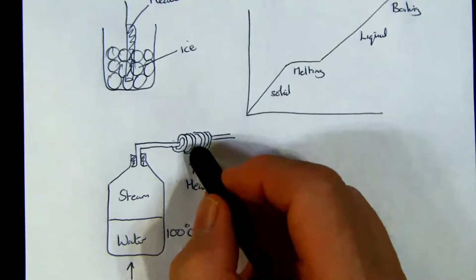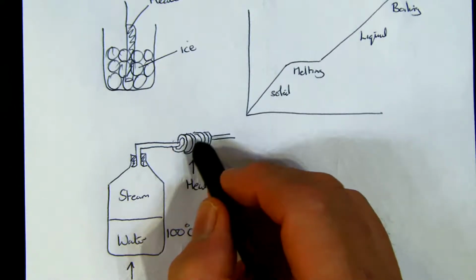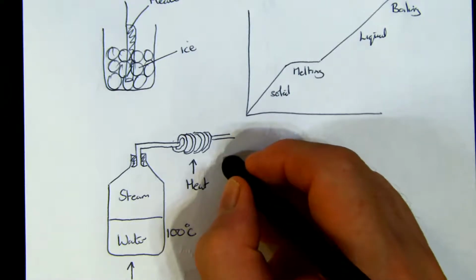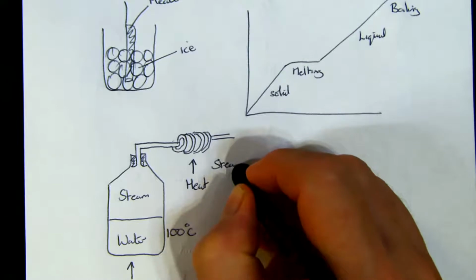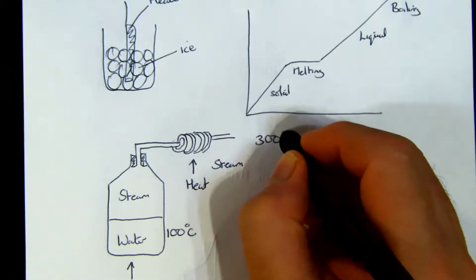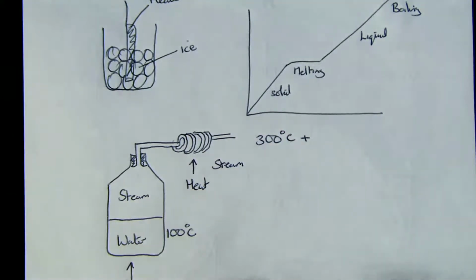We then continue to heat the water as it goes through here. And we are now superheating the steam. So we are heating the steam. And we can easily get this coming out at 300 Celsius plus,